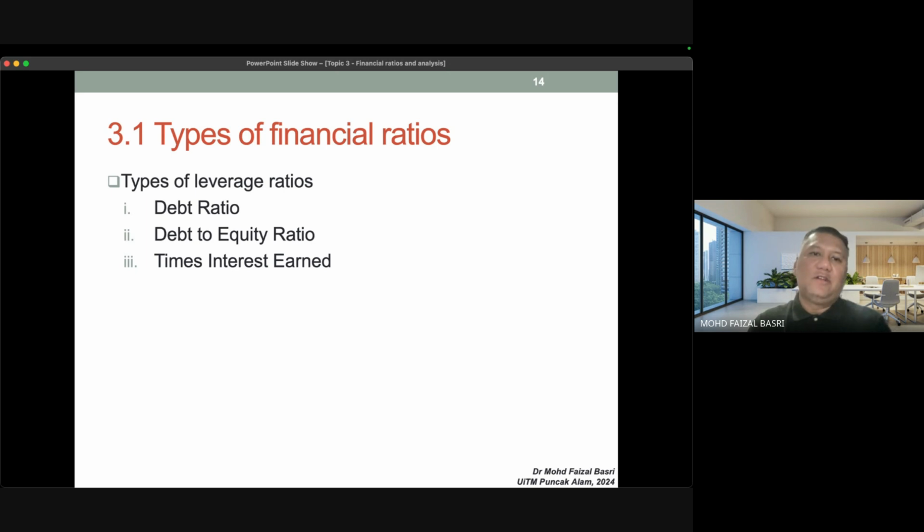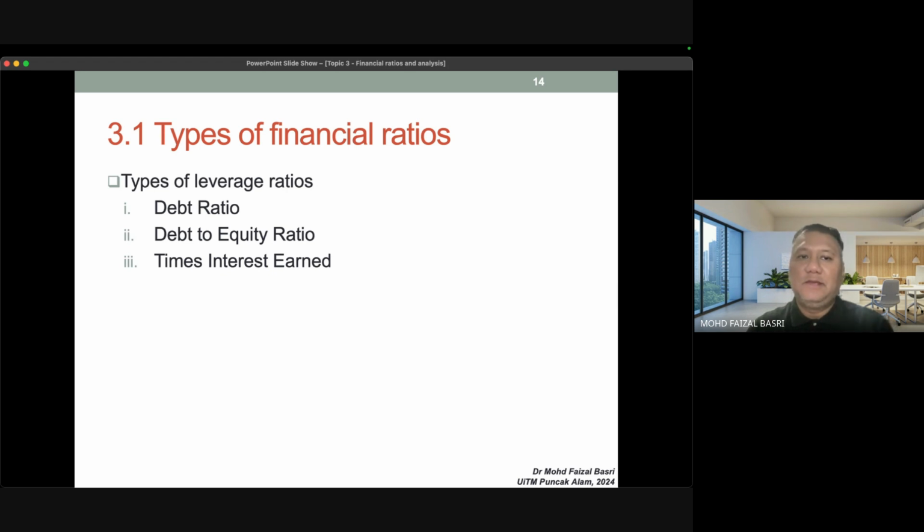Okay, again, if you recall from the previous session, the keyword dalam liquidity ratio last time I cakap is the word current. Sebab the current tu lah the keyword that we use in determining what is the formula. So kalau kita tengok current ratio, we use current assets dengan current liabilities. Net working capital and also quick ratio pun sama lah, cuma ada some variations to the formula. So for leverage, mostly we're gonna use debt, liabilities. Right, so some of the ratios kat sini we can determine by looking at the name of the